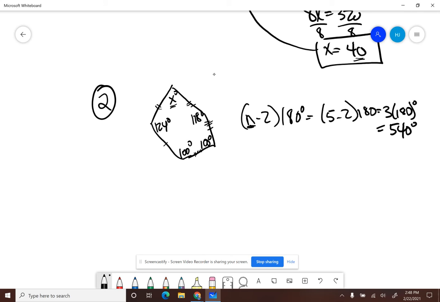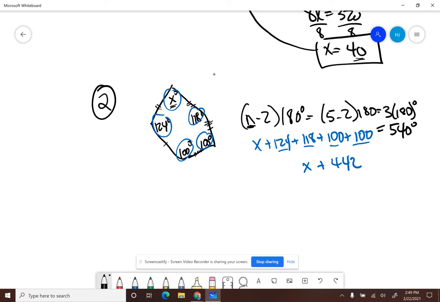So literally all I have to do is add up everything that's inside of my polygon and set that equal to 540 degrees. So here we go. X plus 124 plus 118 plus 100 plus 100, okay? Again, just looking for like terms here. Obviously, all of these are just numerical values, so I could add all of those up. So I'm going to end up with x plus